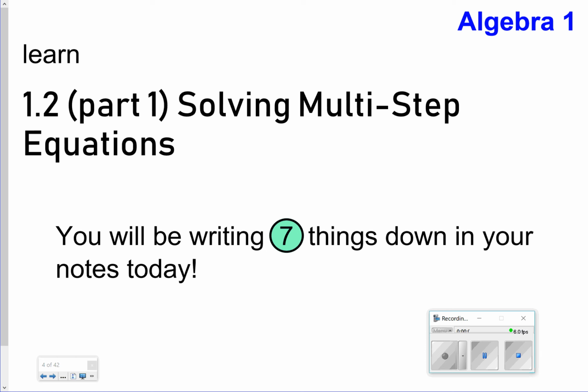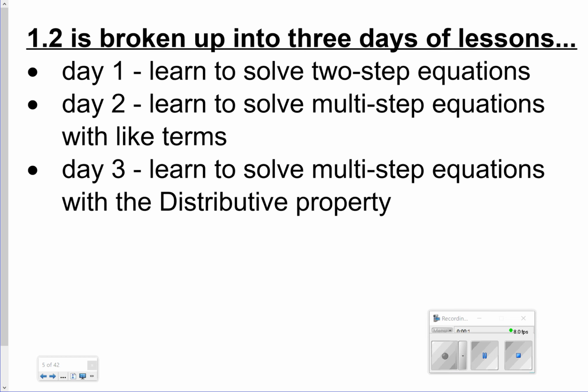Today we're going to be looking at Lesson 1.2, Part 1, Solving Multi-Step Equations. Today's notes are just going to have 7 things in them, so let's go ahead and get started. First thing I want to make sure you understand is we're breaking up Lesson 1.2 over 3 days. Today we're just learning two-step equations. Tomorrow will be multi-step equations with like terms, and then the third day will be multi-step equations with a distributive